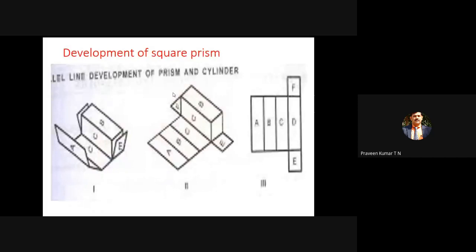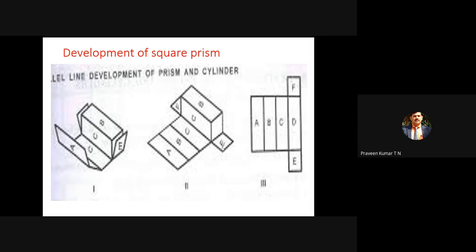So now if you see one more diagram, you can see here. This is a square. Imagine this is a square. You take out the front face of the square. We have the front square face. On the back side there is one more square face. So you are taking out those two totally. That is not required as per your syllabus. It's not required, but still they are written here, F and E. So F and E correspond to the front square face and the backside square face.